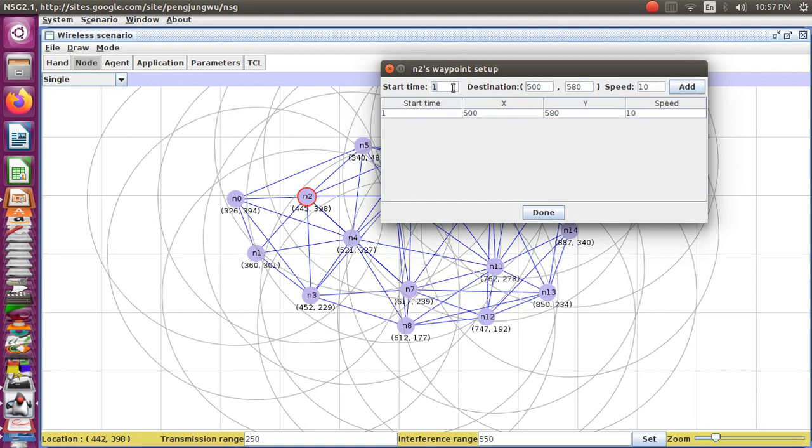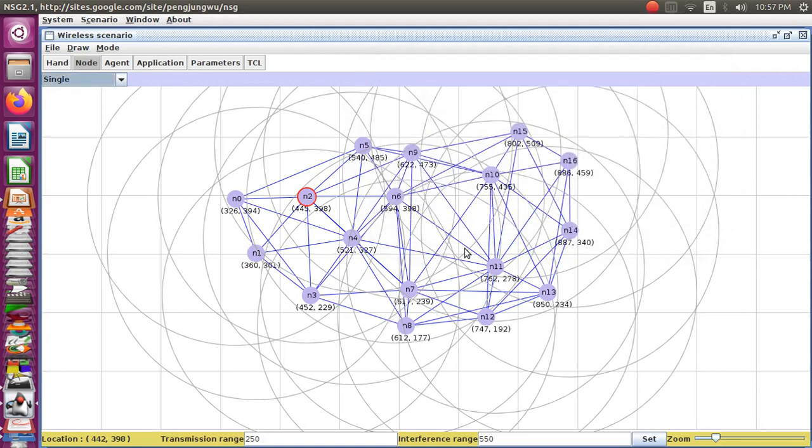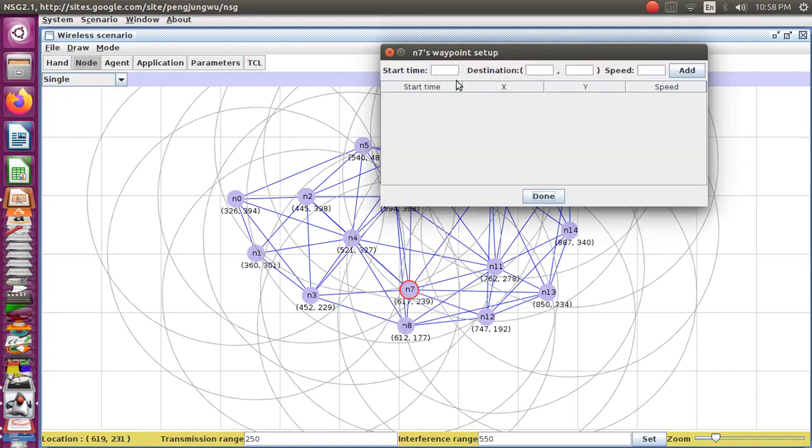So again after 5 minutes I want to move it from 5, I want to move it to the destination 600 and 720. Okay, so these 2 things I have done with node N2, and similarly for case of node N7 I want